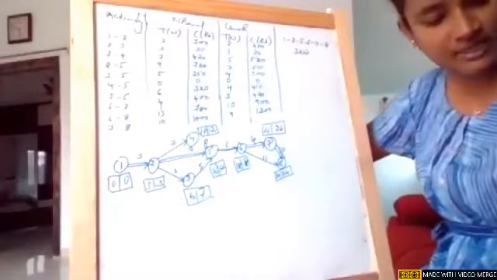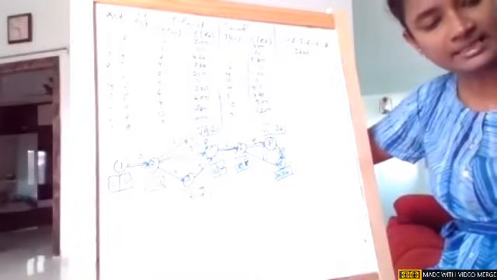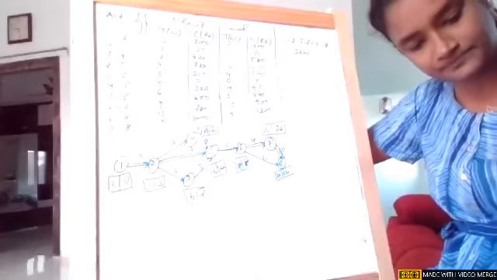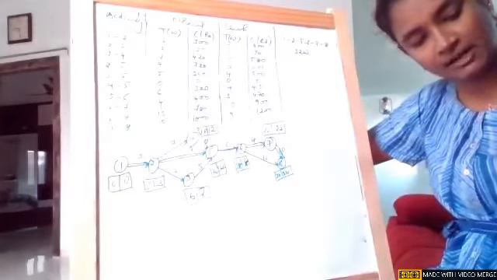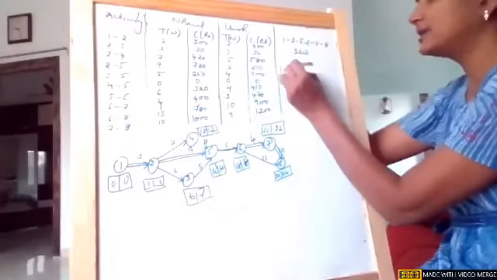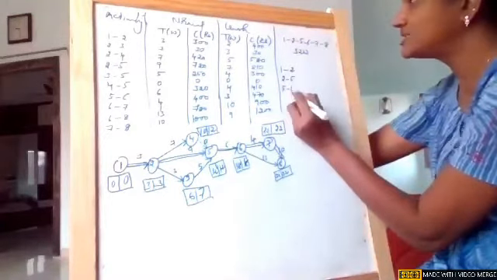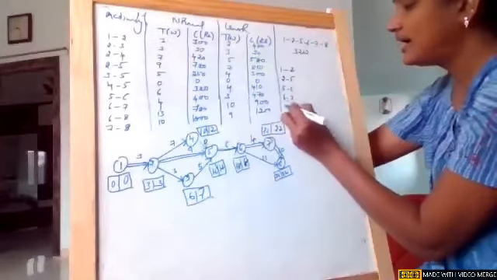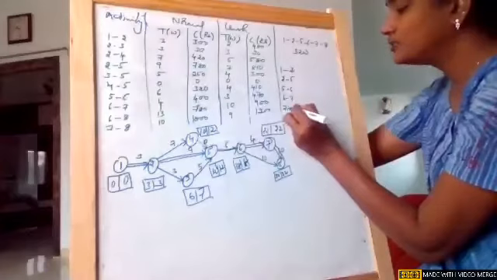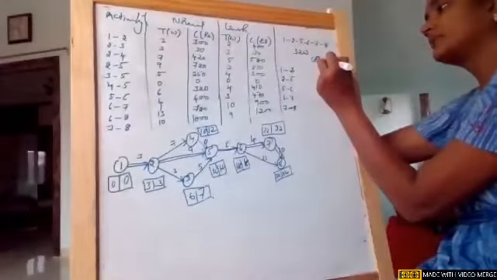So for this, we need to find out the cost slope, girls, for all the critical activities. That is the first thing. So now if you see, this is one critical activity, 2 to 5 is another critical activity, 5 to 6, 6 to 7, and 7 to 8. So for all of these, we first need to find out the cost slope.